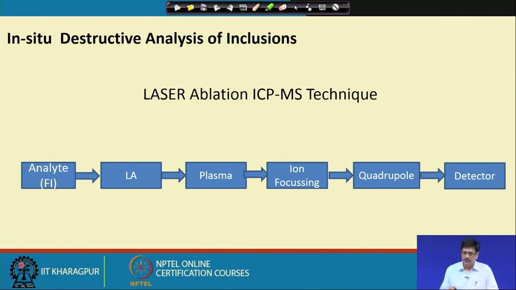that when any particular solid surface like a mineral is being ablated for analysis, whatever is ablated and taken by the carrier gas will be the same for a longer period of time, whereas in the case of a fluid inclusion, the content of the inclusion will only be going to the detector for a very short time.